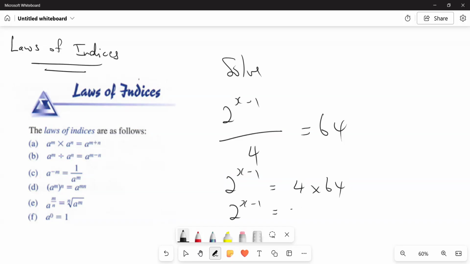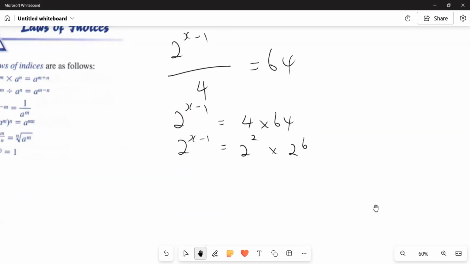Let me show you what I'm saying. I'll write this 4 as 2 by 2. Okay, let's say 2 squared. Let's go with 2 squared. And then 64 is what? 2 by 6? Is that right? 3, 4, 5, 6, right? They're right. Tell me if you agree so far. So then the equation becomes 2 to the 8th power,